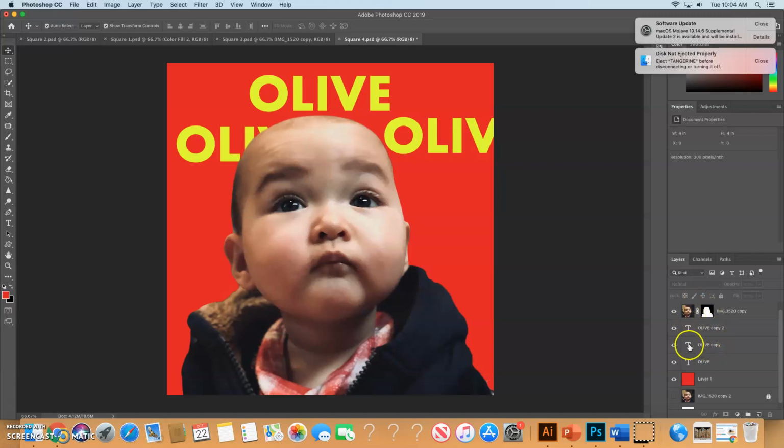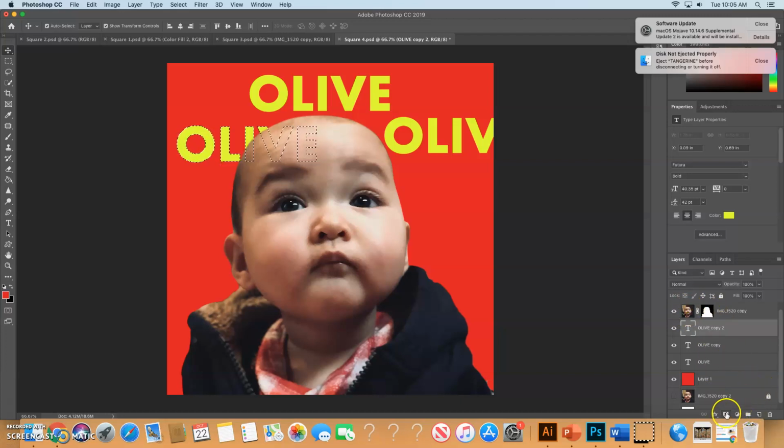Another possible way, so I'll show you a couple other things that are kind of neat or interesting that you can potentially do with text or actually with any kind of image whatsoever. What I can do is take this, and if I hold down Command, you notice in my little layer, it turns into a selection. I can take that selection and